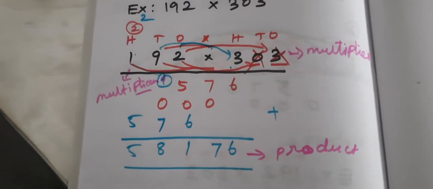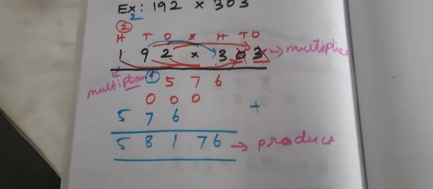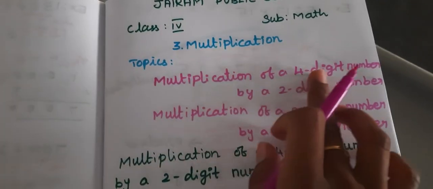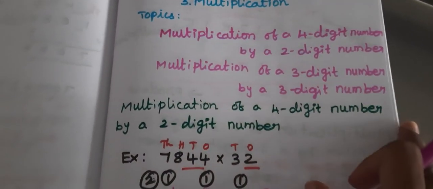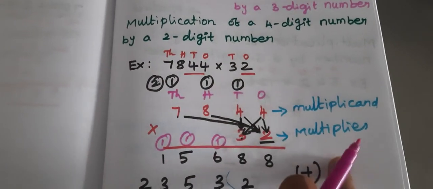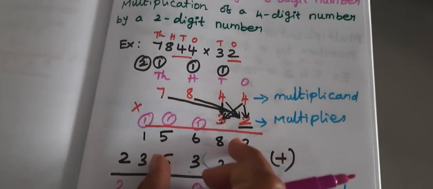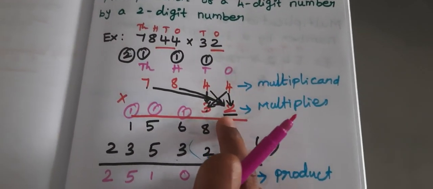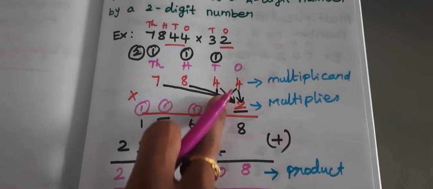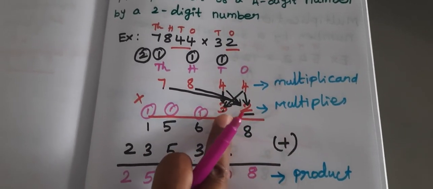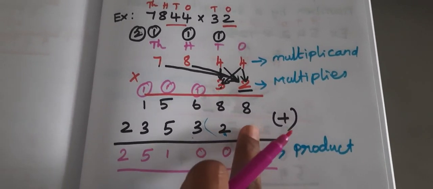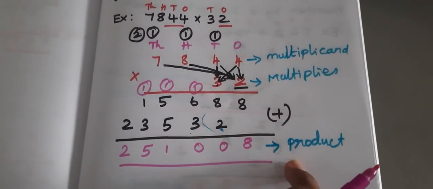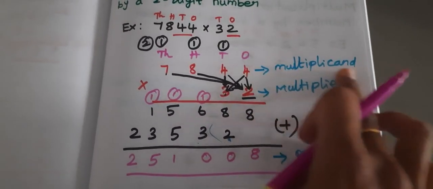Okay. So now we come to the end of the session with a quick recap. Listen carefully. Today we saw multiplication of 4 digit by 2 digit and multiplication of 3 digit by 3 digit. Okay, this is the way. You have to arrange the numbers column-wise. First you have to proceed with the first one. After that, when you move to the next number, you have to skip the places. The answer is the product, then multiplier, multiplicand.